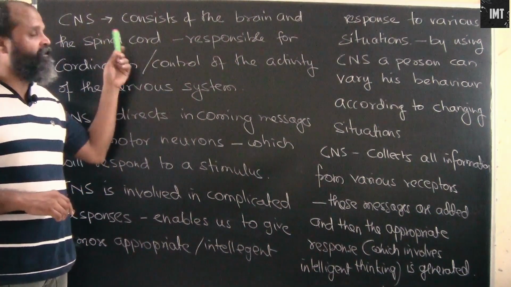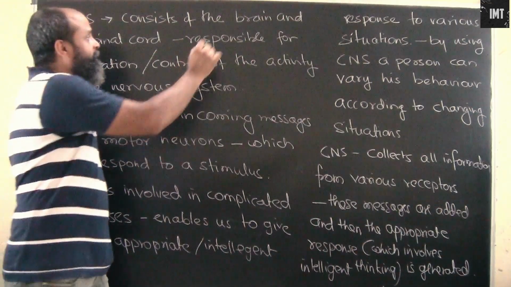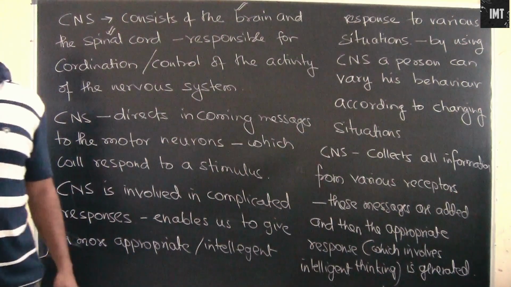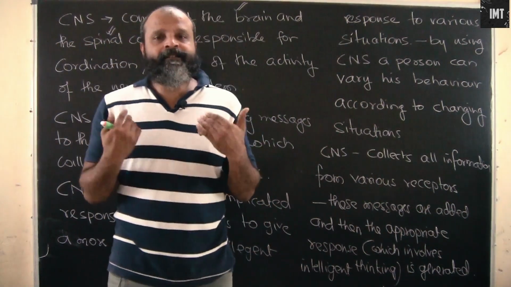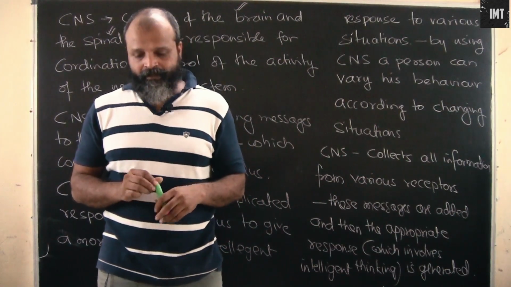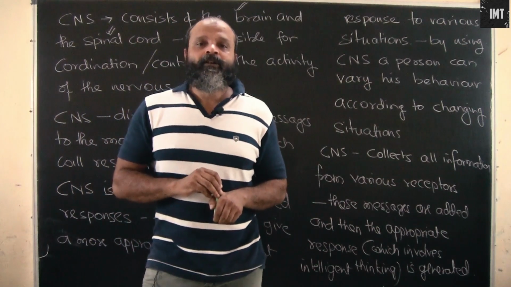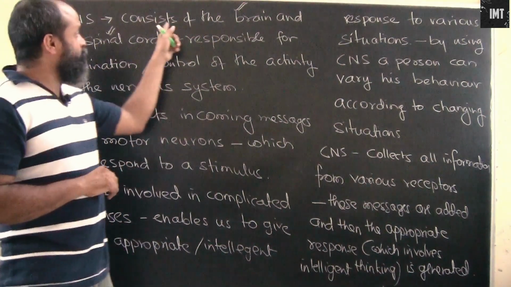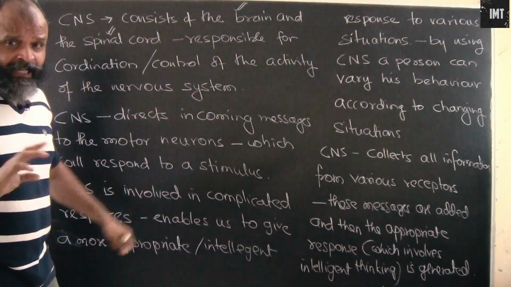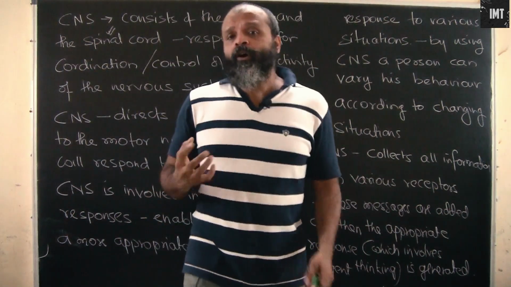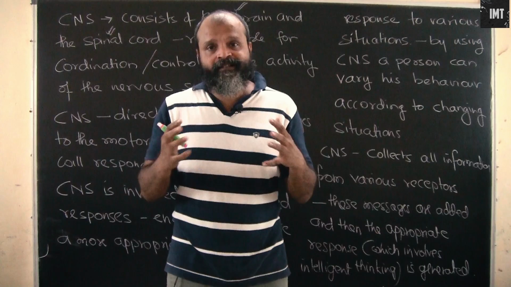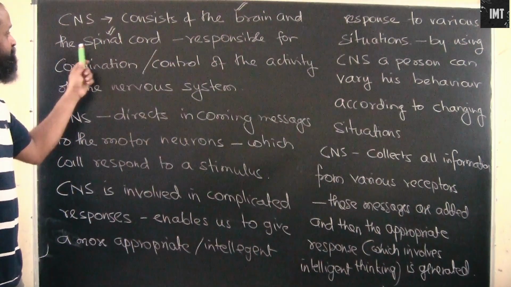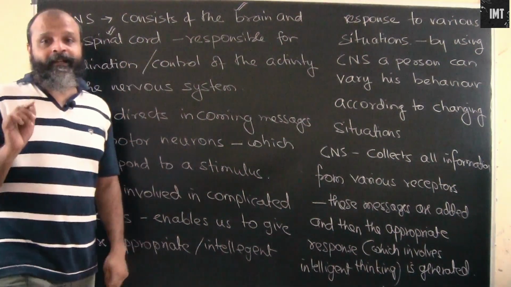Alright, so we have here the central nervous system, which is basically made up of the brain and the spinal cord. What we were dealing with till now were various types of nervous system, and we have seen that the spinal cord generates reflex actions. Now there are certain actions which involve thinking, and that's when the brain comes in. These are also responses generated on the basis of the stimulus the receptors are receiving, but they involve both the brain and the spinal cord. So here thinking is involved.